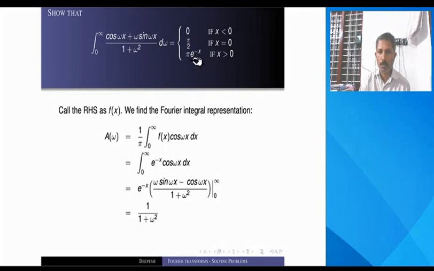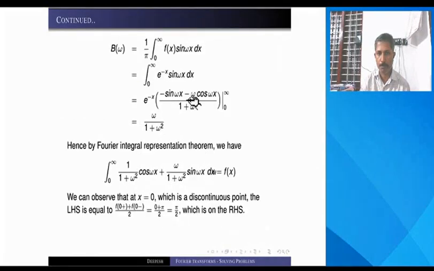So now for x greater than 0 you have the function value pi e raised to minus x. Actually I have to write pi e raised to minus x here, but you already have 1 by pi here, right? So pi and pi will get cancelled and we will have integral 0 to infinity e raised to minus x cos omega x dx. And again you apply the earlier formula for e raised to ax into cos bx and evaluate from 0 to infinity. This is exactly the same as the previous problem. So we'll have 1 by 1 plus omega square as in the previous problem.